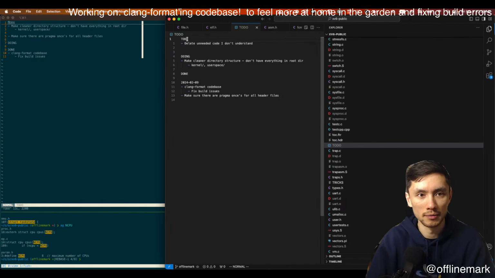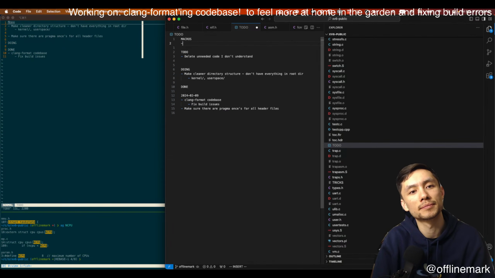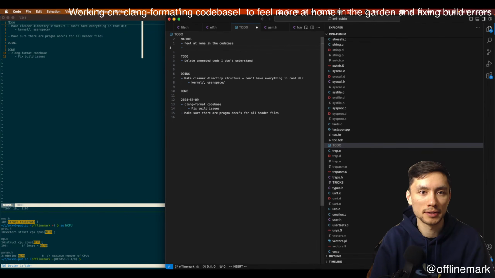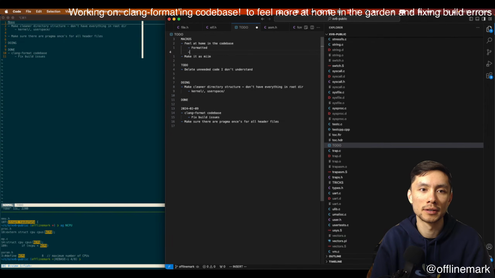So, at the top of this, I'll just put some macros. So I'm in the code base, make it as minimal. What does that mean? Formatted, use my naming conventions and style.